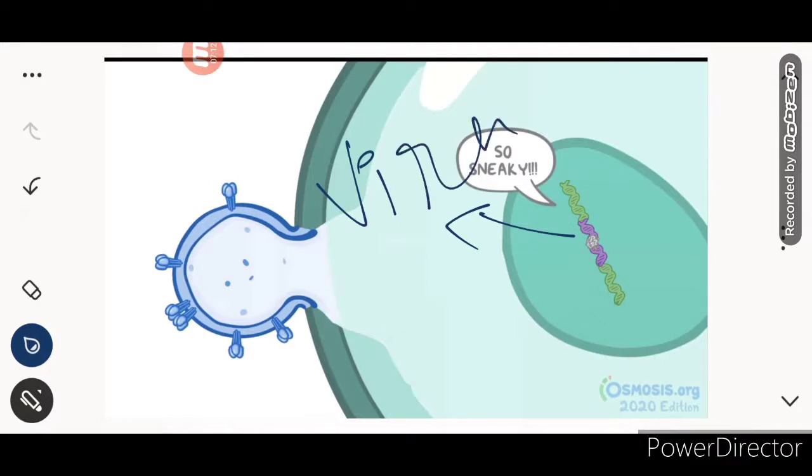Okay, so isn't that so sneaky? Sneaky because how strange it is that the host is thinking that I am producing the DNA for protection from the virus, but the virus itself has taken over its mechanism, replicating itself and increasing its chances of infection. Okay, so basically this virus attacks our immunity, so that is why our immunity is compromised in this infection.